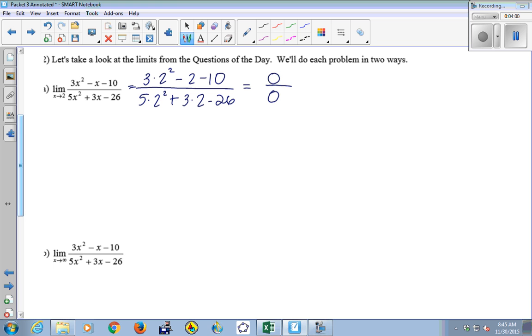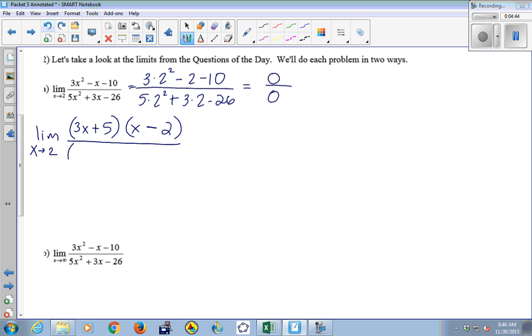So I'm going to try to factor and cancel. I'm going to do the limit as x approaches 2 of 3x squared minus x minus 10. It's going to factor into a 3x and an x, and then 10, maybe 5 and 2. Nope, switch that: 2 and 5, because that gives me a 6x and a 5x. I want the x term to be negative, so I'll put a negative there and a positive there. So that gives me 3x squared minus 6x plus 5x minus 10.